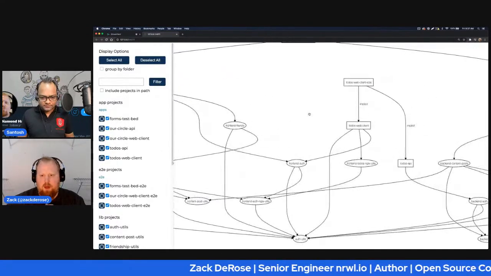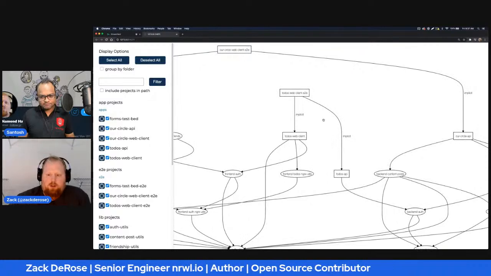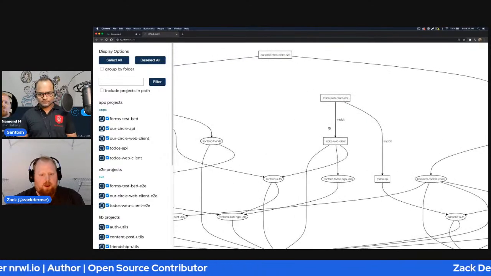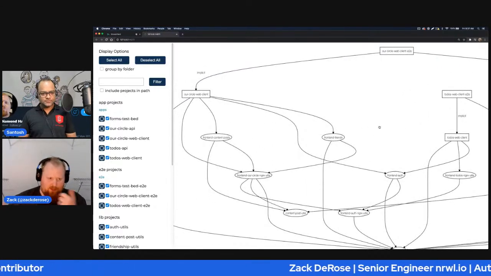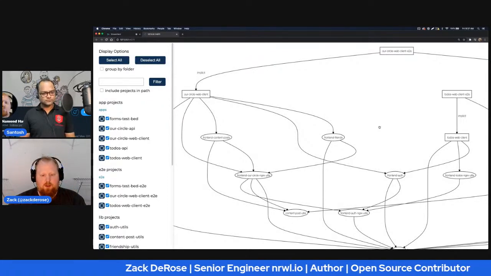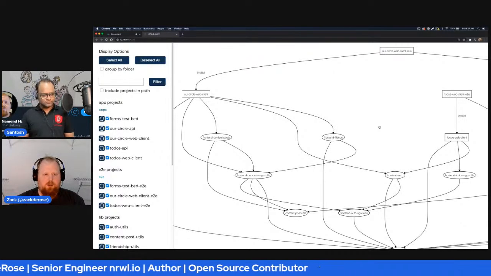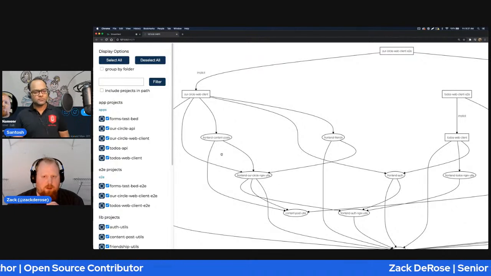And actually, when I was in charge of front end development at Swamp Fox, what we'd often do is bring up the depth graph and say, okay, this is what our depth graph looks like right now. Is this correct? How can we change this to make it the way we want it to be? And that really helped drive a lot of our architecture decision making.